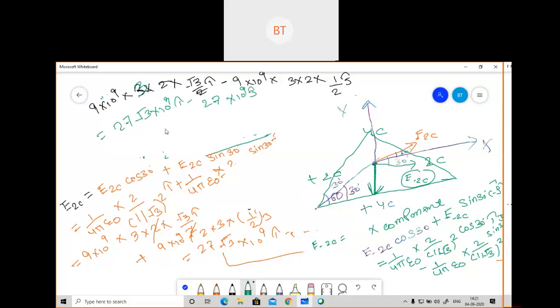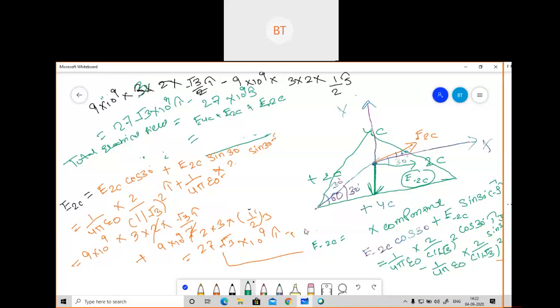So this way we have got the values for minus 2c. So total electric field will be equal to E4c plus E2c minus E2c, means plus E minus 2c minus, I will put here. So all those things we have to add. So if you substitute the values, what I have got here is 27 root 3 into I cap minus